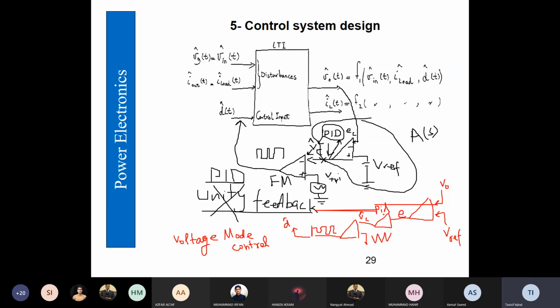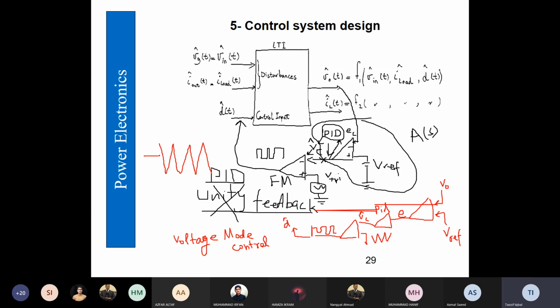Then the output of the PID gain, which is called VC, the control voltage, is now compared with the triangular wave, again in a similar manner, to generate the